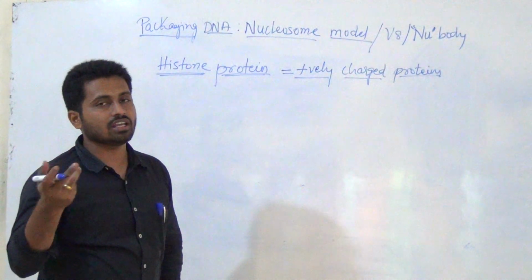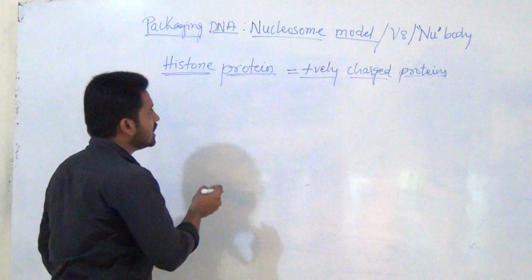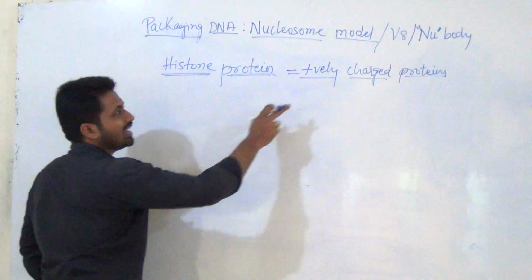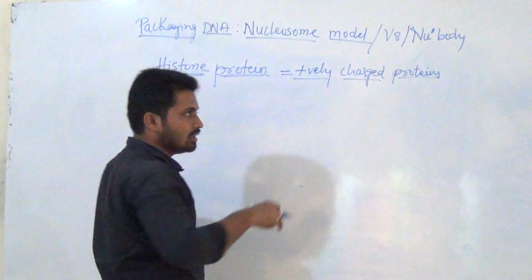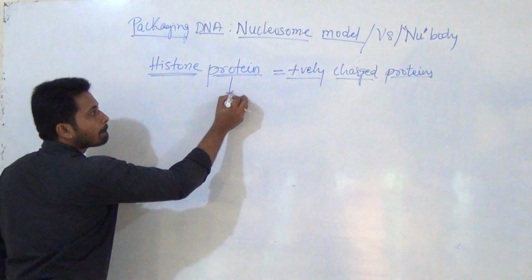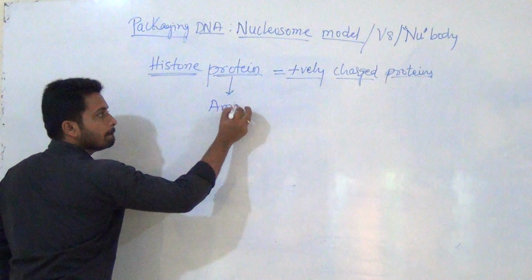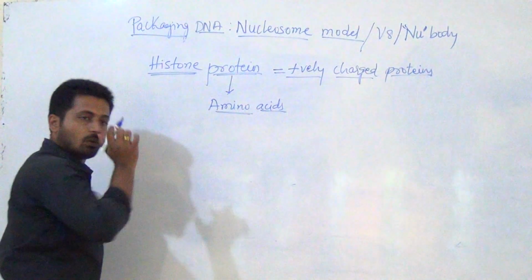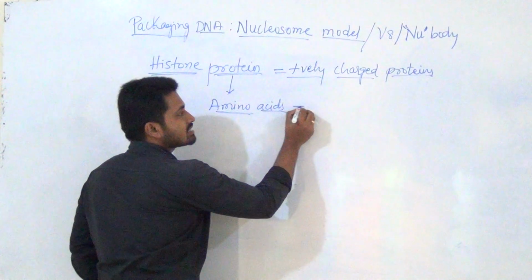Now the charge of DNA is negative. Okay. So here what happens? Why are the histone proteins positive? First we discuss that one. Protein is made up of what? Amino acids. Protein is made up of what? Amino acids. Now these amino acids